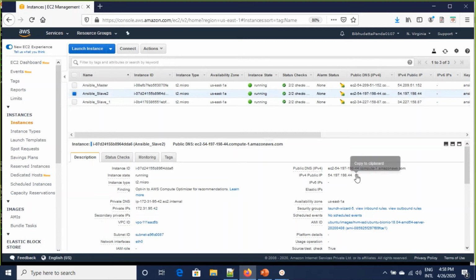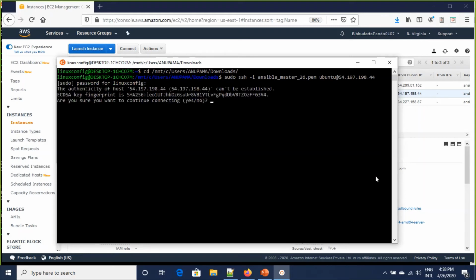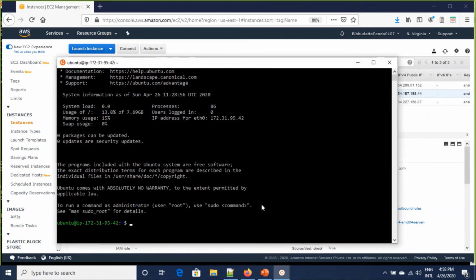This is the public IP. Now you can see here we have authorized keys, so we can copy that public key in this.